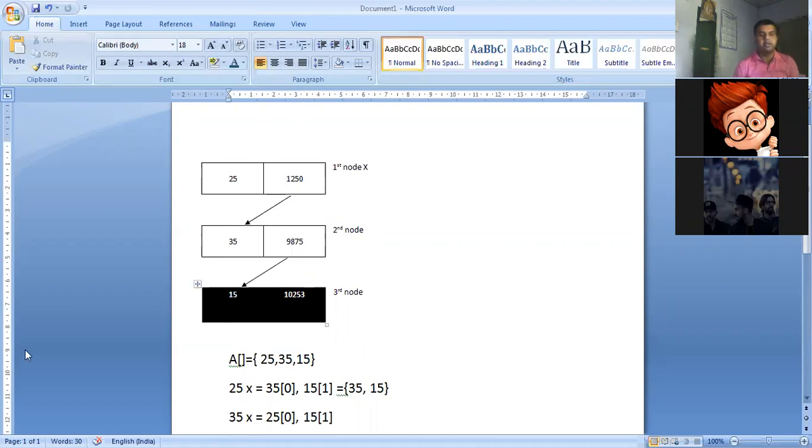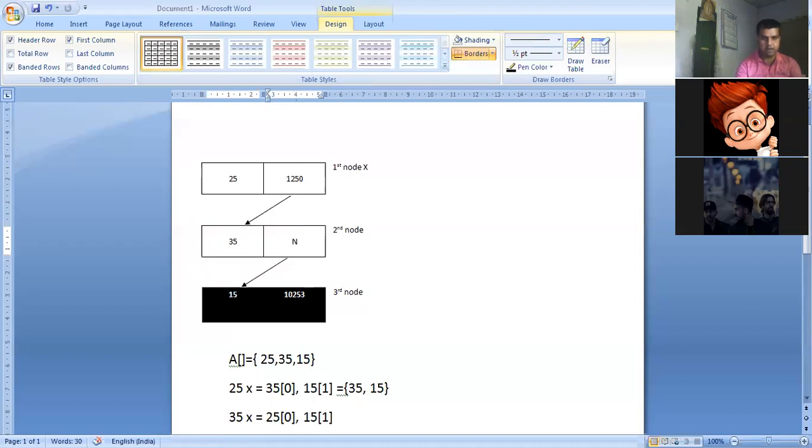If you remember, in the singly linked list it is said that the last node should always have a value of null. That means this particular node is deleted, my 1250 memory address is indicating the value 35, and the value in the head node is actually storing the value 25. That means what?